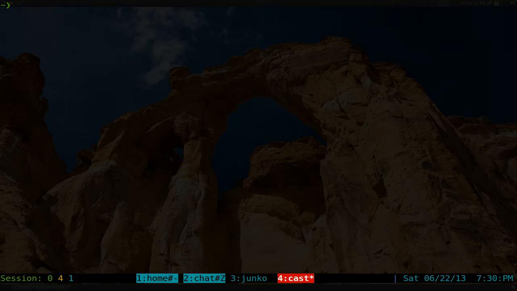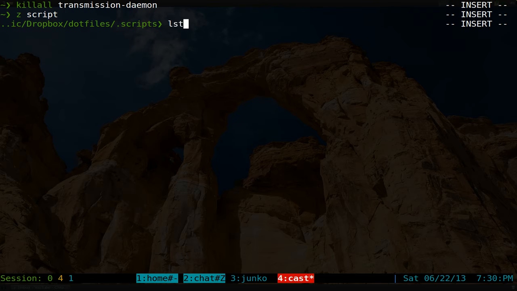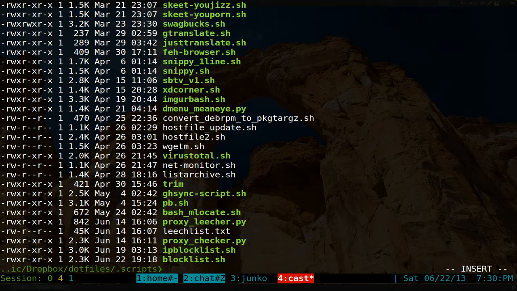Anyways, let's try this sucker out here. But first, let me close down my Transmission here. Let's see here, killall transmission-daemon. Right, kill that sucker. Let's go to our script here, and it should be called blocklist. So we just run blocklist here,